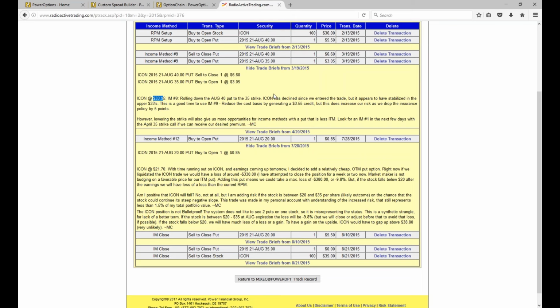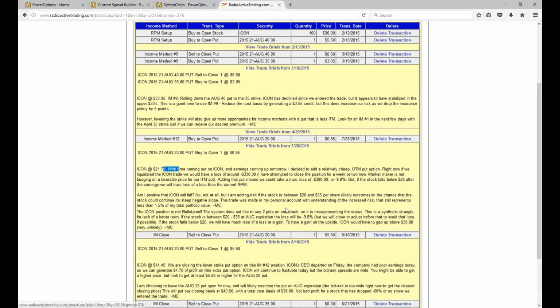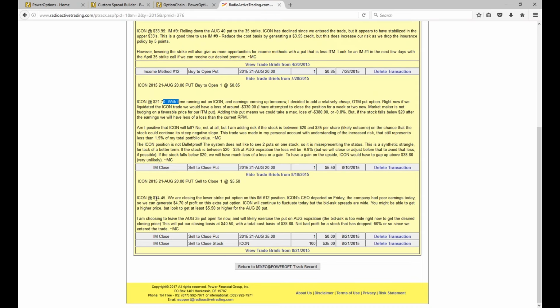The COO, right before earnings, said he was leaving the company. Very shady. Maybe he didn't want to fudge some numbers that he was being asked to, and the stock dropped from 33 down to about 28. Then the earnings came out and it dropped down to about 22 or 20. You know, it was 23. And then the CEO said that he was going to leave right around this point at 21, right before this point at 21.70, and then of course the stock dropped again to 14.45.